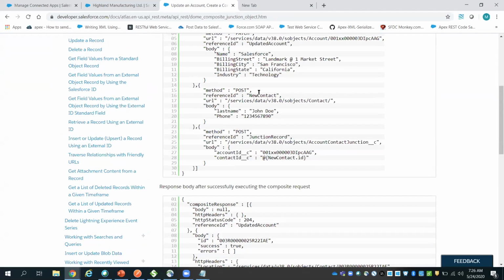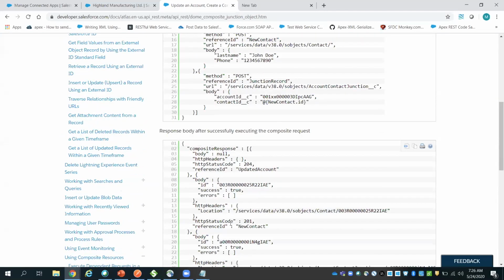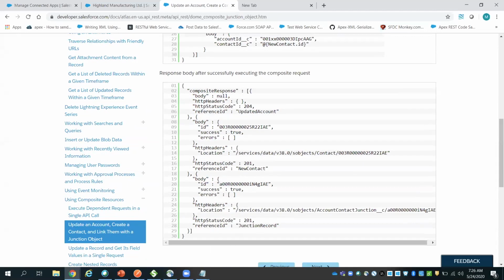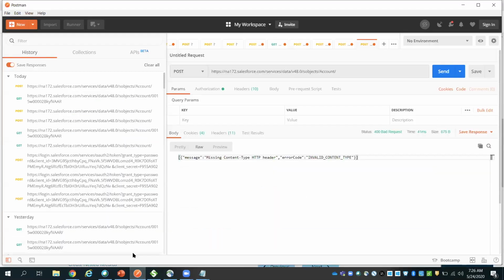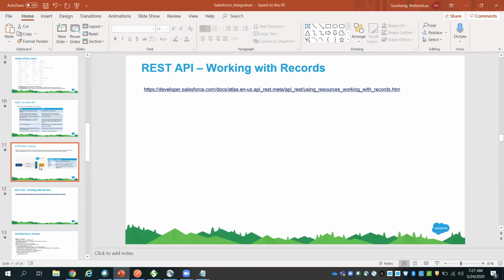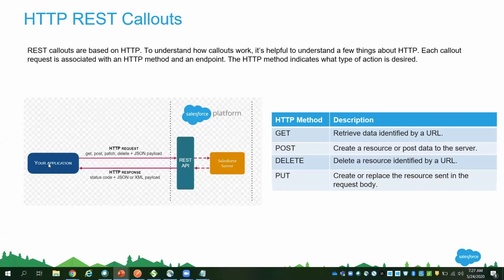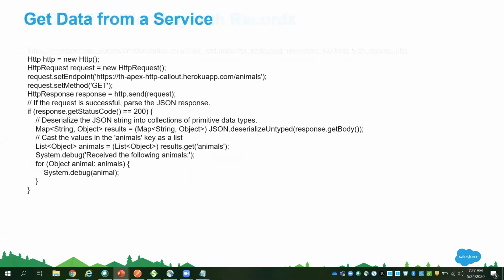And when you give this kind of request, you will get a response like this. So you can simulate all these things using Postman. This is one single example that I wanted to give you. Basically, whatever the example here is from any third-party application. Here we are trying to simulate using Postman. You can send the HTTP request using get, post, patch, and pass it to Salesforce.